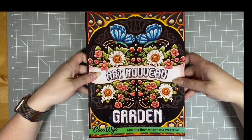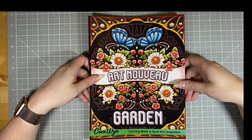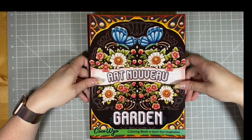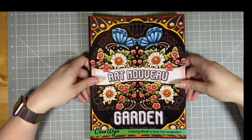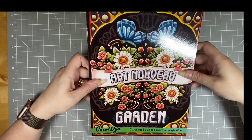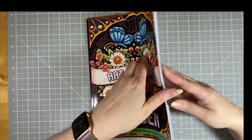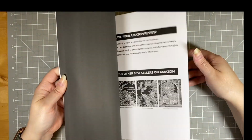Also, I got Coco Wire. There's been quite a lot of Coco Wire releases lately, haven't there? But I've not done anywhere near all the portraits in the few that I've bought already. So I've kind of resisted the urge really to buy any more portrait books. But I thought this one, Art Nouveau Garden, is a little bit different, and I thought I haven't really got